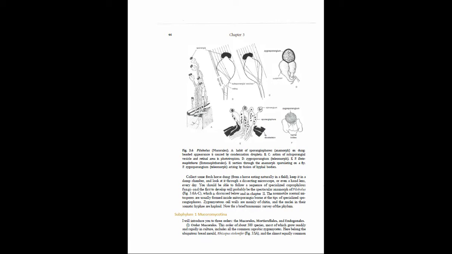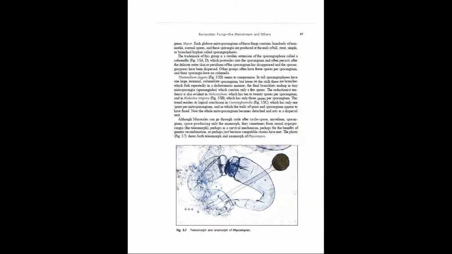Now for a brief taxonomic survey of the phylum. Subphylum 1, Mucoromycotina. I will introduce you to 3 orders, the Mucorales, Mortierellales, and Endogonales. 1. Order Mucorales. This order of about 300 species, most of which grow readily and rapidly in culture, includes all the common saprobic zygomycetes. Here belong the ubiquitous bread mold, Rhizopus stolonifer, Fig 3.5a, and the almost equally common